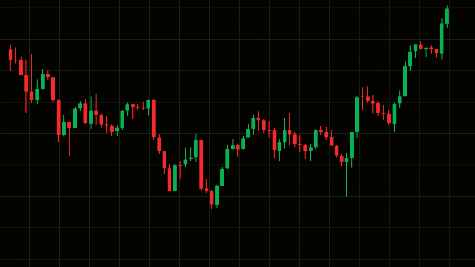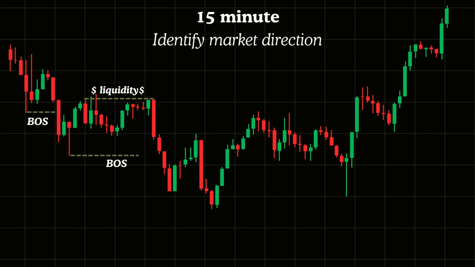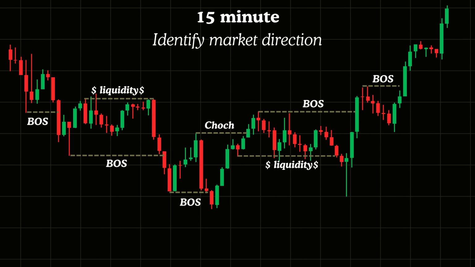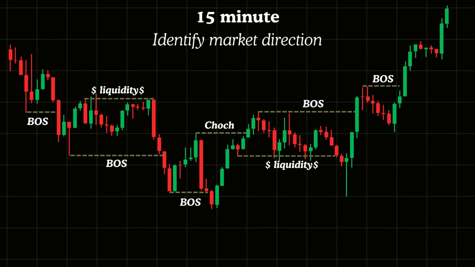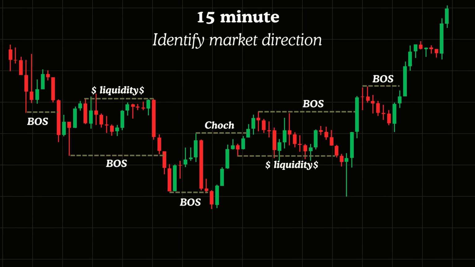Start by applying smart money market structure principles to the 15-minute chart to determine the overall market direction. This higher time frame analysis tells us whether we're looking for buy or sell opportunities. Once the trend is confirmed, we shift down to the 1-minute chart to identify a precise trade setup aligned with